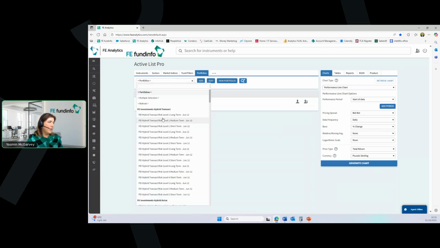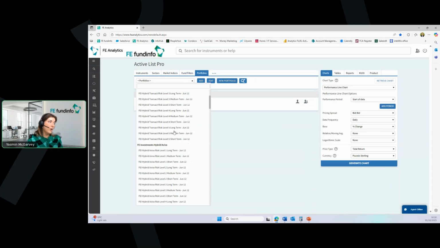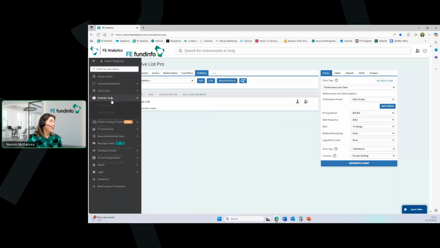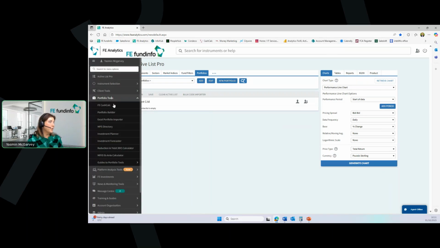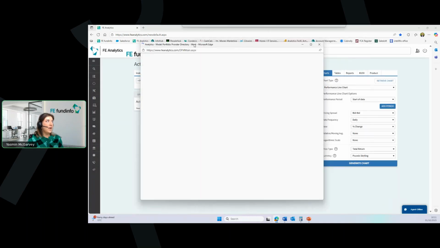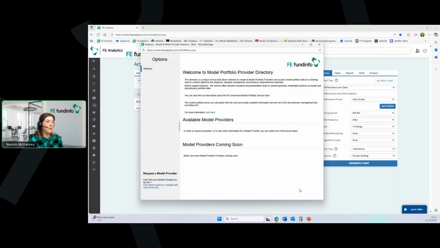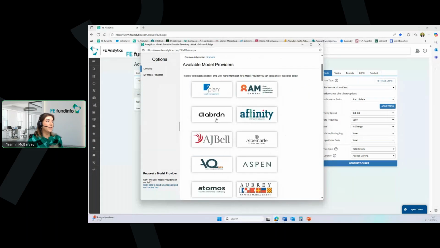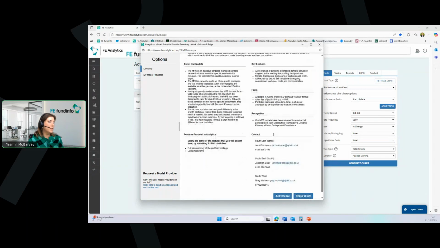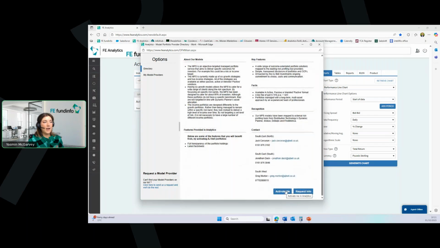So you'll see here I have access to all the FEI portfolios. But if you are keen to get access to other MPS providers, all you're going to want to do is pop into portfolio tools and go down here to the MPS directory. And here you would be able to request activation from any of these providers. So let's say I wanted to access AJ Bell's portfolios, for example, I can select activate me or